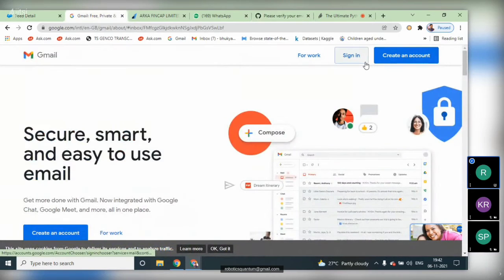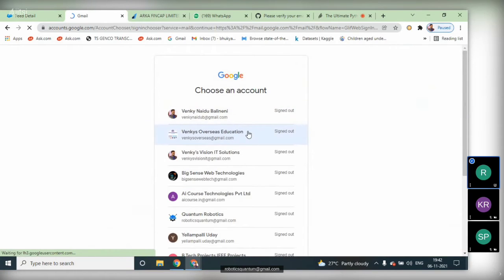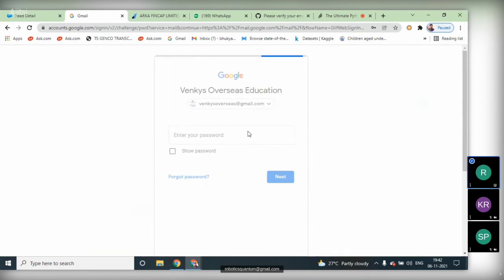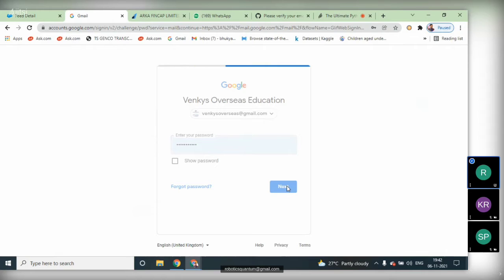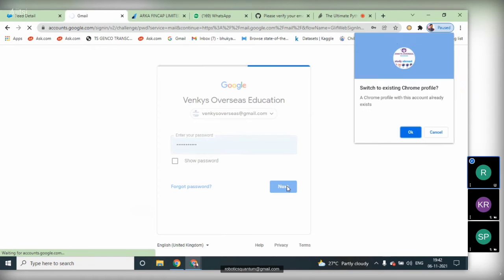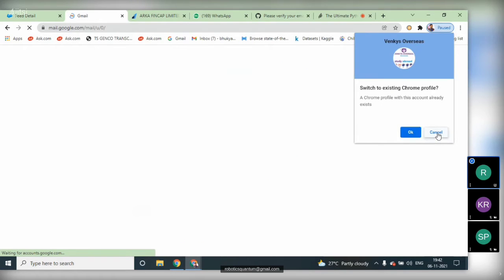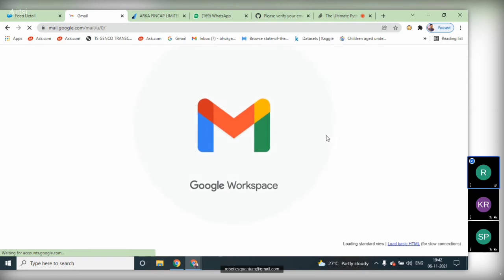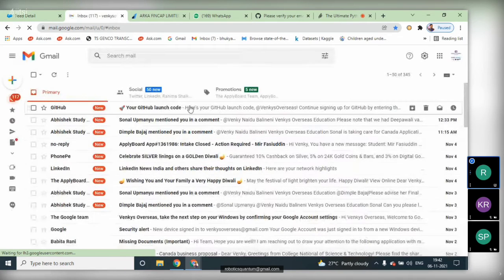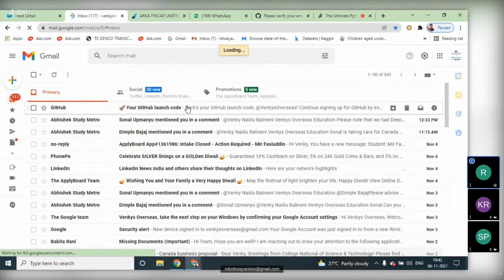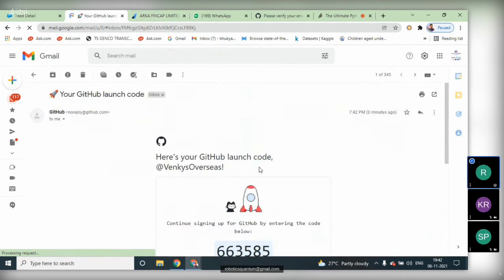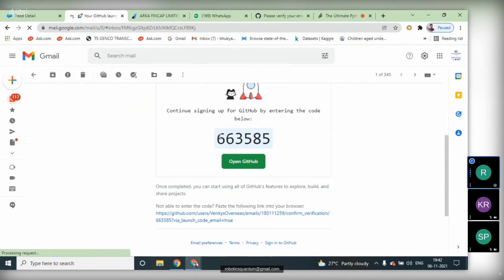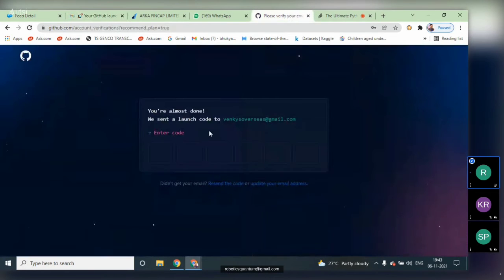I'll sign into my mail account. Here it's showing the pin number. I'm going to paste it here.